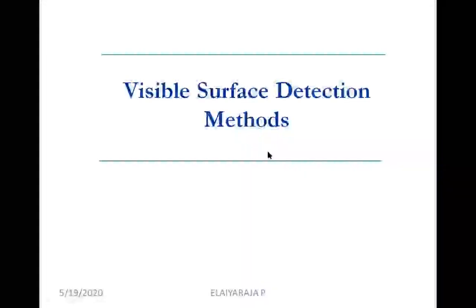Today we are going to discuss visible surface detection methods. Why do we want to use visible surface detection methods in computer graphics applications? When you view on a 2D screen with the given screen coordinate values, there is no such effect. When you view three-dimensional values through your 2D screen, where your depth value is considered, your depth value is nothing but your Z component.